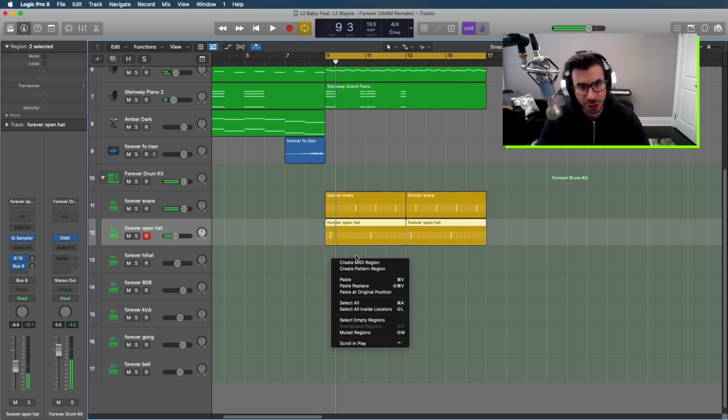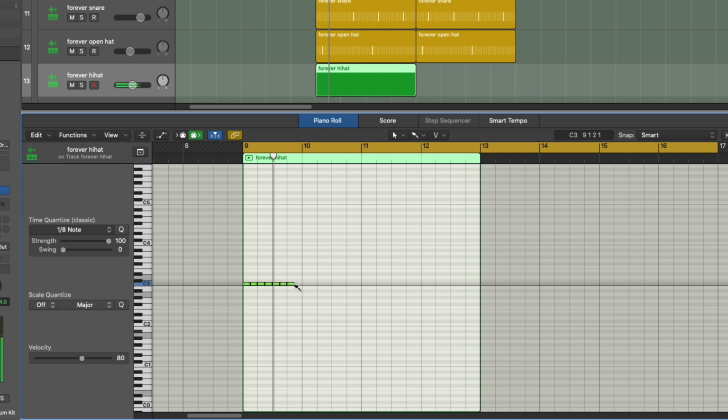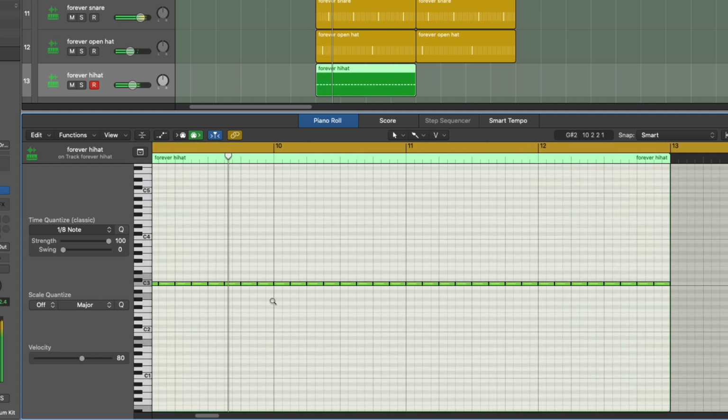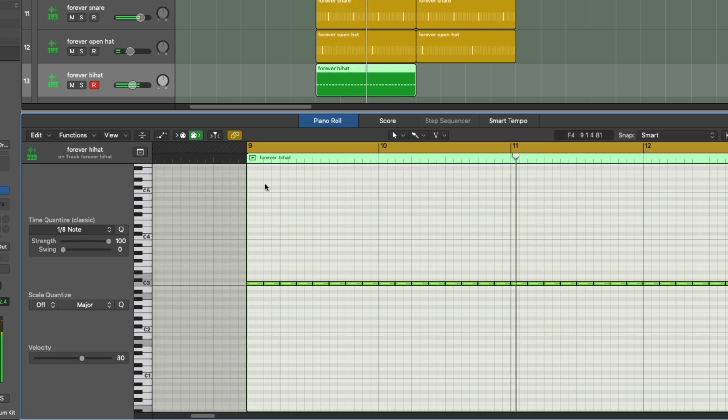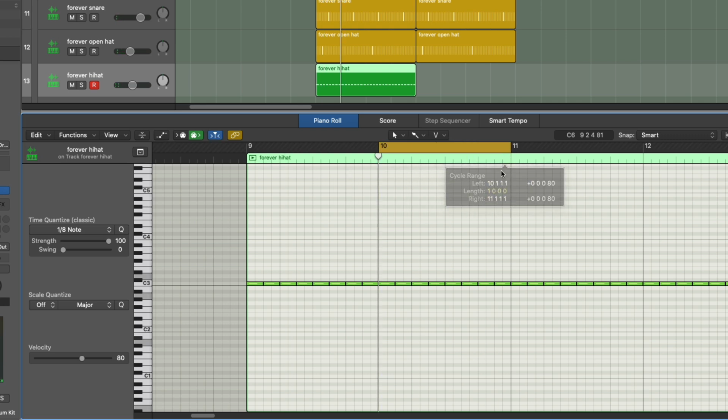All right, next go over to our hi-hat. We're going to create a MIDI region for this one. And let's go ahead and draw that in. 8th notes to start. I believe the first bar goes like that. For the second bar,